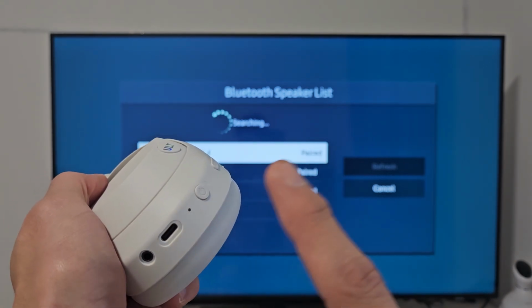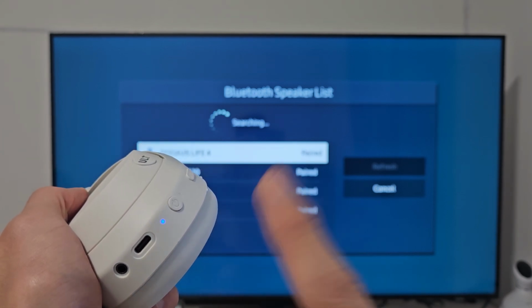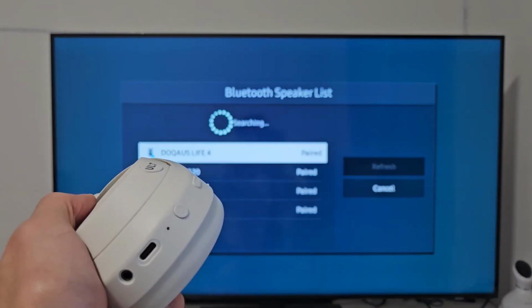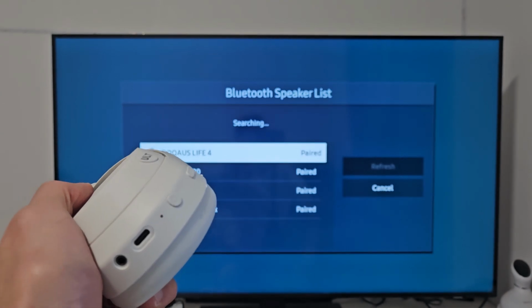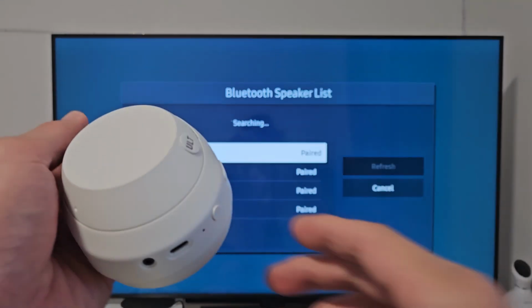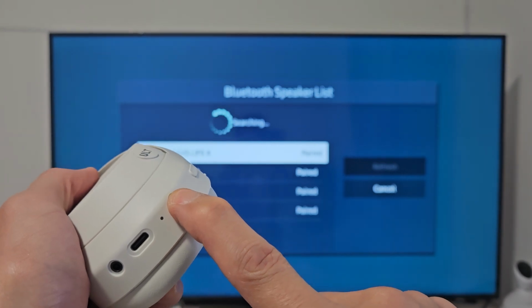Okay, now if it's in pairing mode, you get a blue blinking light where it blinks blue, blue, blue. I'm getting a rapid blue here, and it's only blinking blue singly because it's connected to, I think, one of my phones or another TV. Okay, so for me, I had to turn these off first. Again, let me turn these off. Hold it for 4 seconds